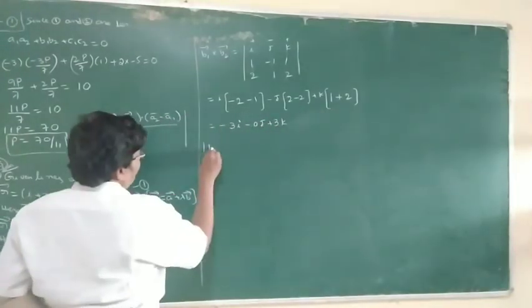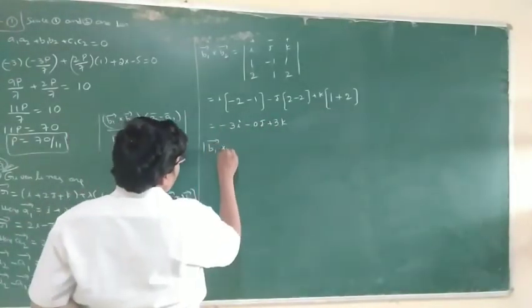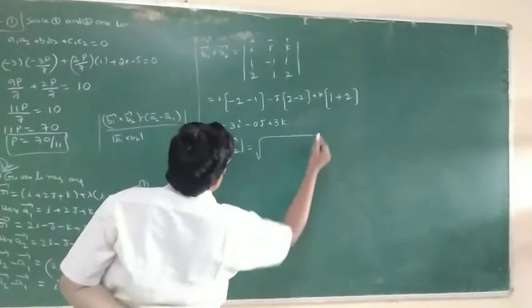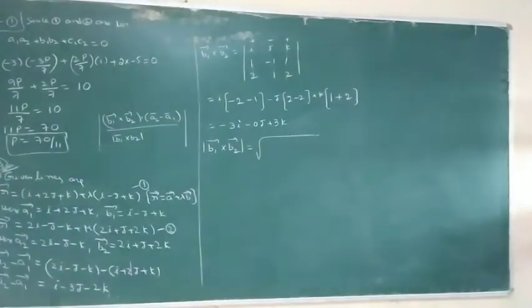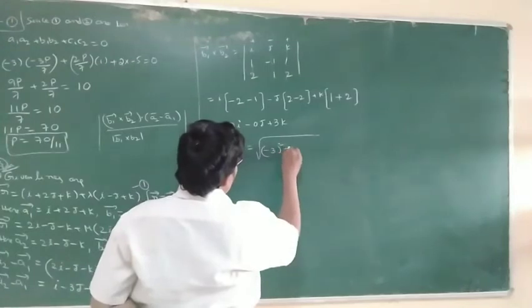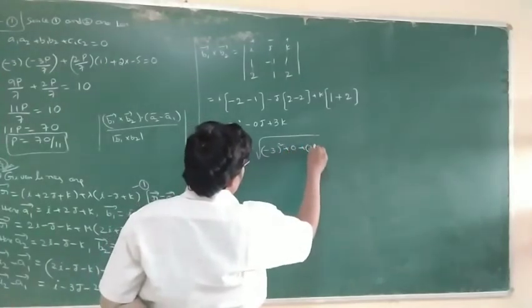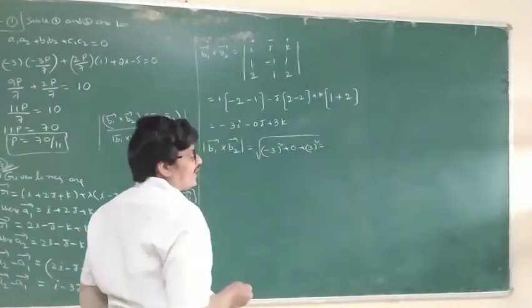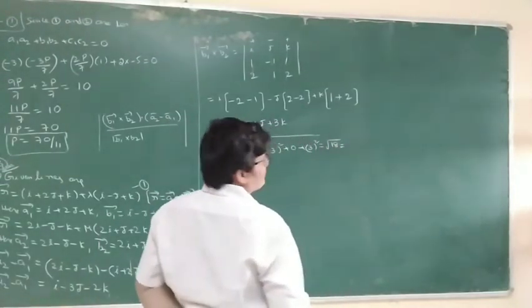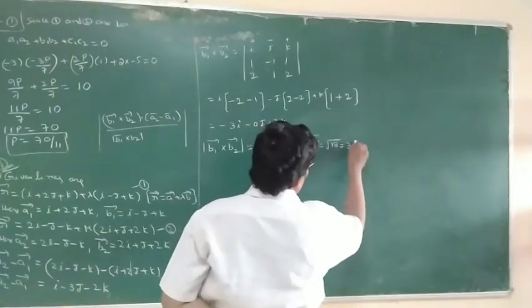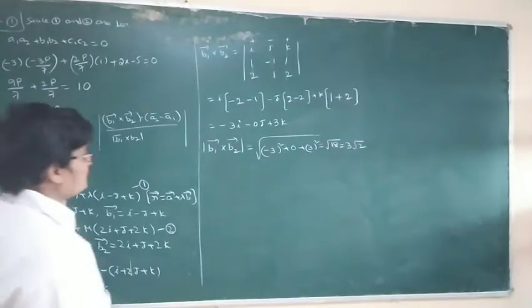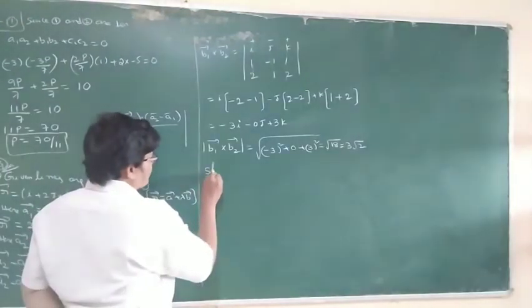So the modulus of b1 bar cross b2 bar. How to find the modulus? Root of minus 3 whole square plus 0 plus 3 whole square. 9 plus 9 is 18, root 18. Root 18 is equal to root of 9 into 2, root 9 is 3, so 3 root 2. So shortest distance,